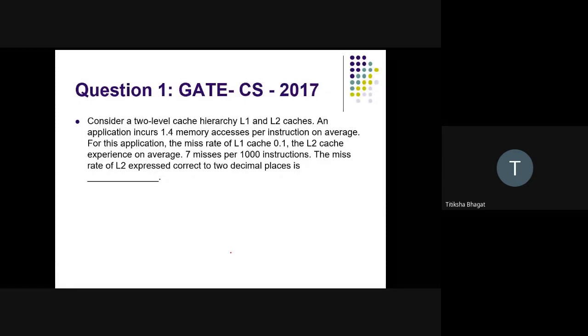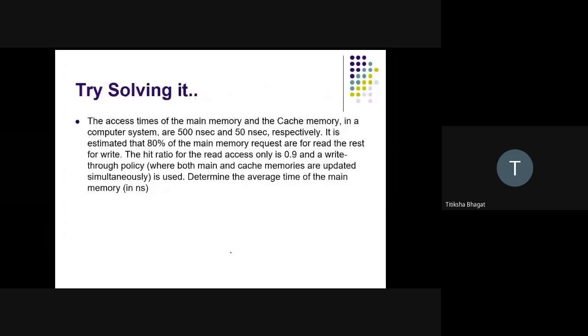So you can try this question also. You can note down the question. These two questions were asked in